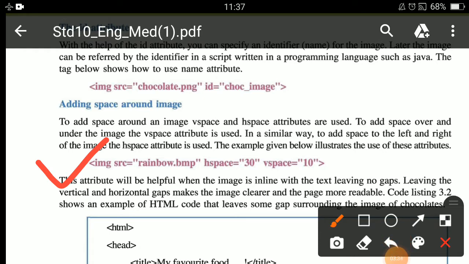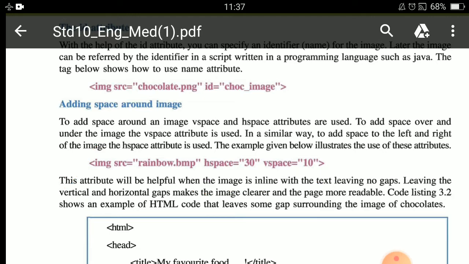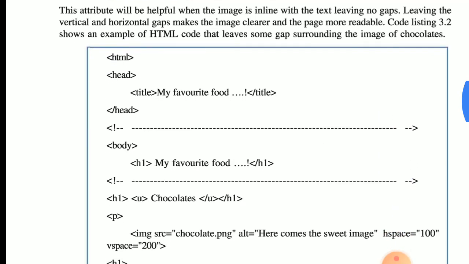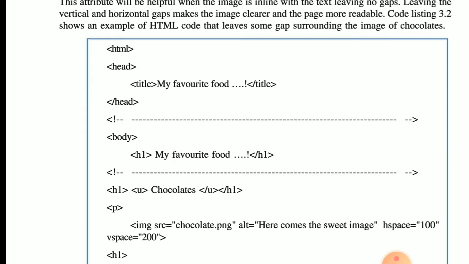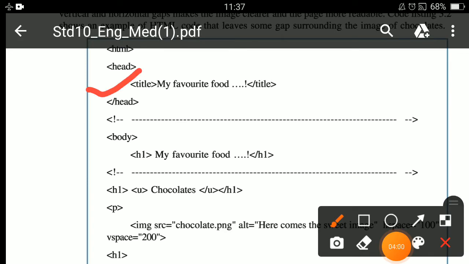img src is equal to rainbow.bmp. hspace is equal to 30. Here you have to define a size, and vspace is equal to 10. Here also you have to define a size. So this is about adding space around an image. Now consider this example HTML code. In that HTML code, in the head section, the title is about my favorite food.